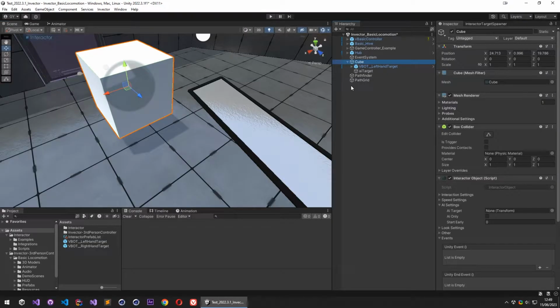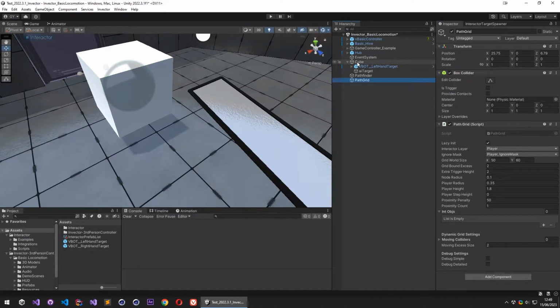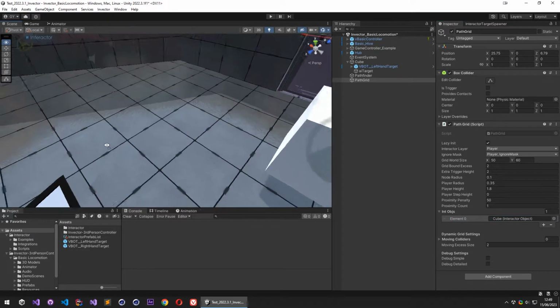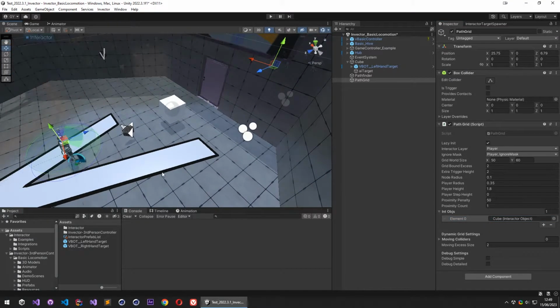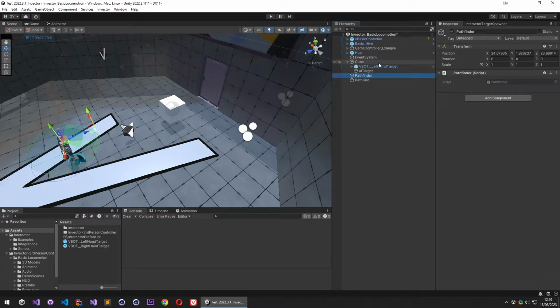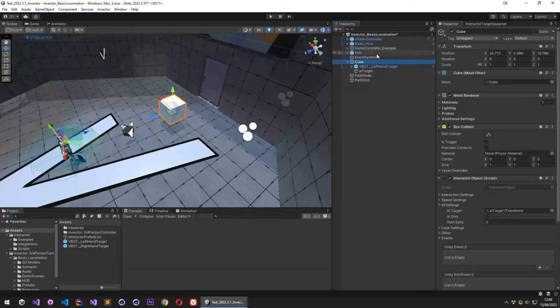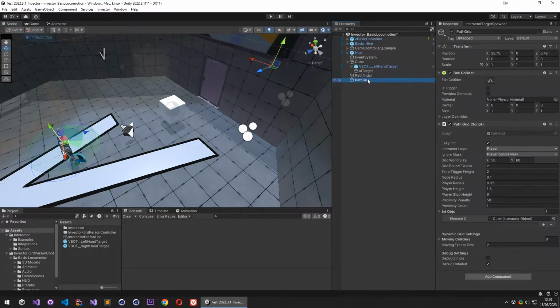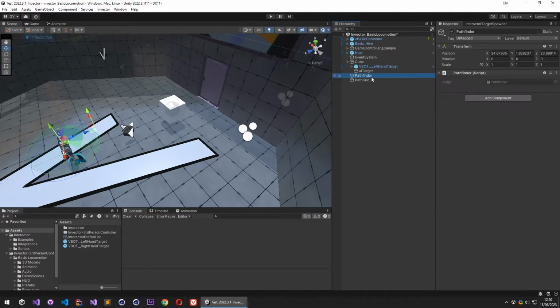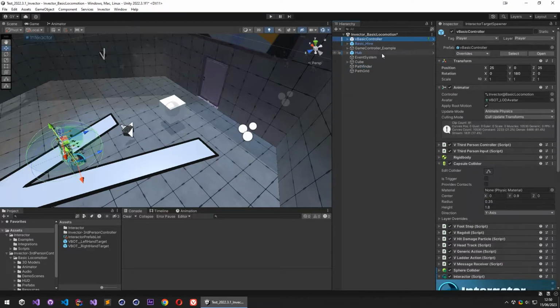Okay, this is good. Let's assign our targets. And the AI is now enabled. Now I can add my interactor object to interactor objects of the path grid. Now it is going to work. And we can also see the debugs, so we can see if the area is good. Okay, I think we managed to do our first 2 components, and there is one more, which is going to